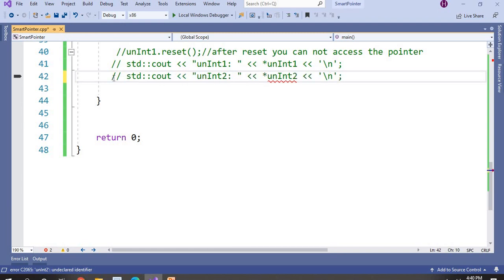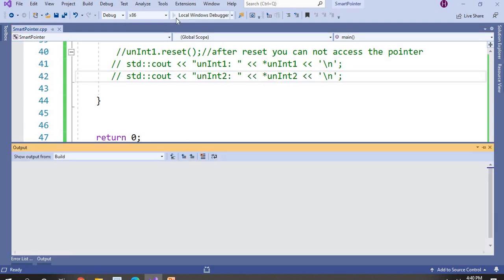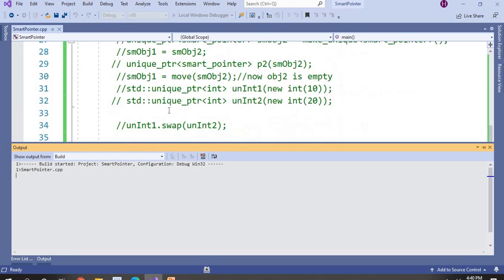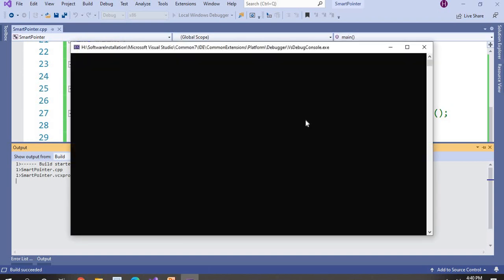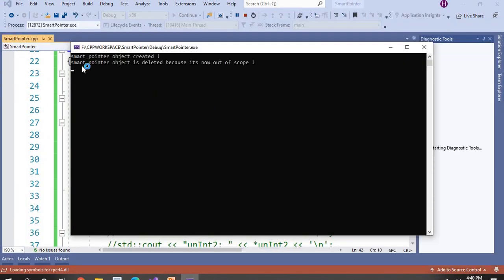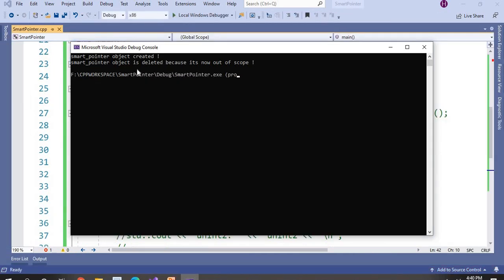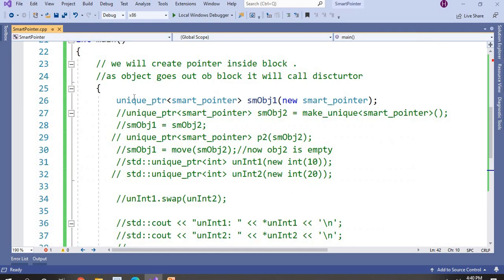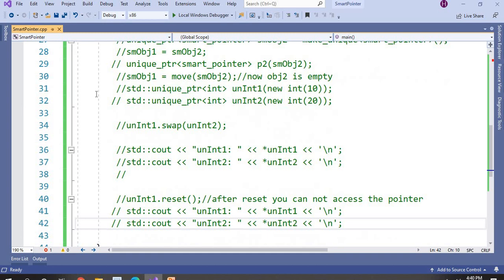I forgot to comment this. Let's see the output. It will call the constructor and destructor both. See, smart pointer object is created and smart pointer object is deleted because it's going out of scope, and I have created the pointer inside the block scope.